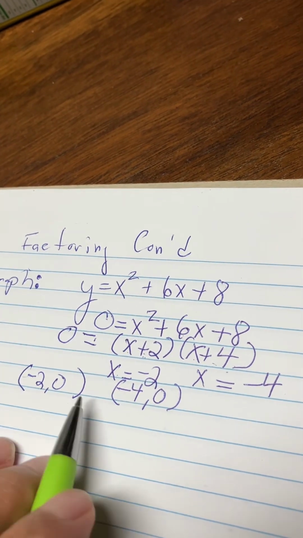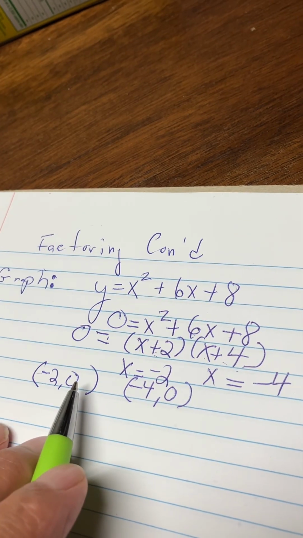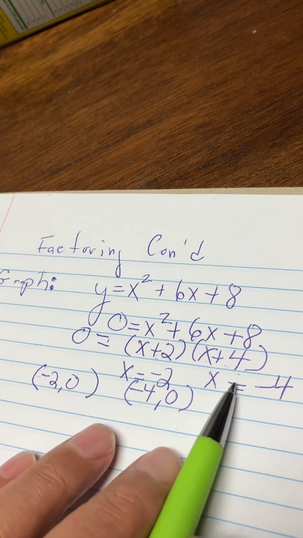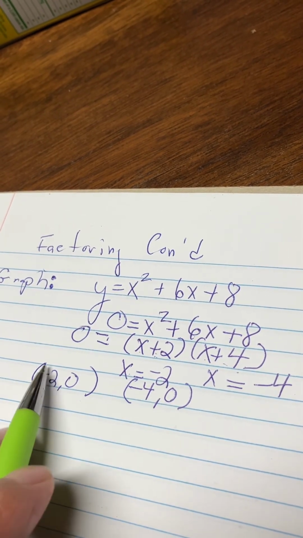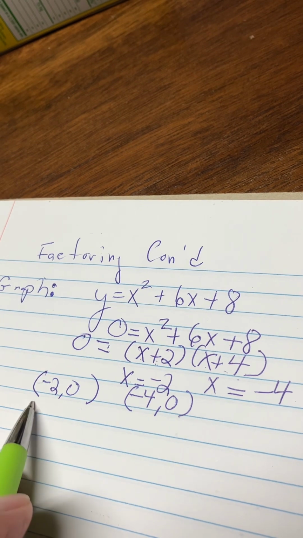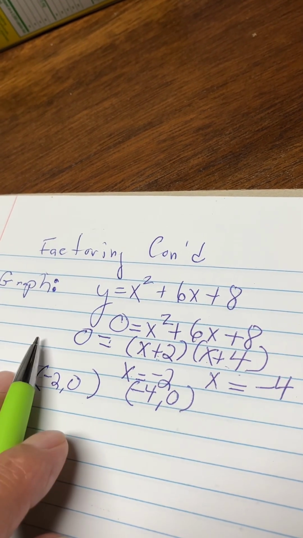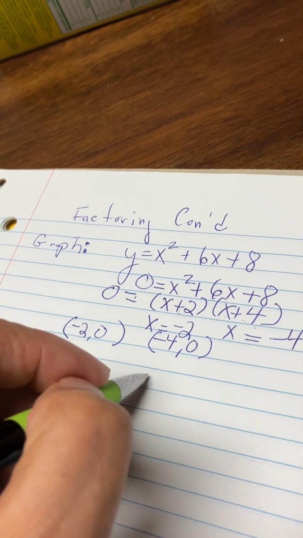Okay, and this part, on the final exam, a lot of students missed this question because they put this as the answer, -2 and 4, and they want it in ordered pair form. When they ask for ordered pair form, you have to put in parentheses, and then the two numbers, and then a comma in between them. Okay, so now we can start to graph this